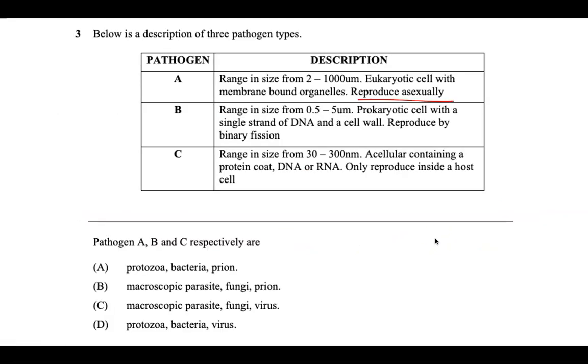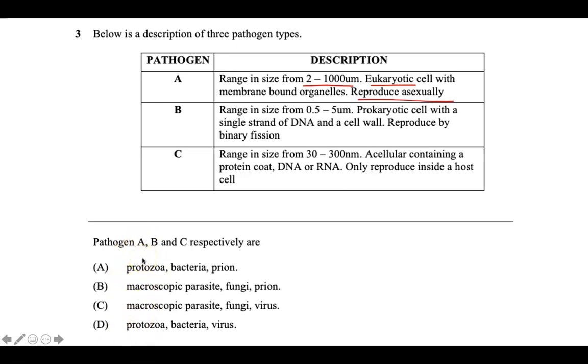All right, question 3. Below is a description of 3 pathogen types. Now, pathogen A, we needed to break apart a little bit of what these things were to give us some clues as to what they would be. So pathogen A reproduces asexually. It's between 2 and 1,000 microns in size, and it's a eukaryotic cell. So eukaryote cells are cells that have a nucleus. So pathogen A, B, and C respectively, we're looking for the A ones here that might have a nucleus and